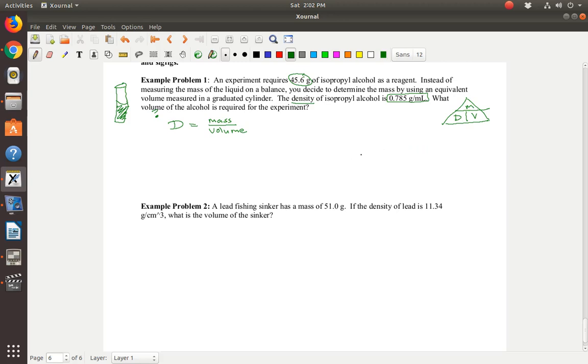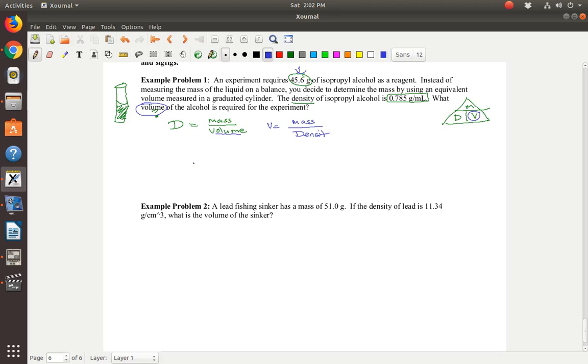Okay? So in this case, what is the question? The question is volume. So I'm really going to solve for the denominator in this case. So I'm solving for volume. So what do I have left? Mass divided by density. So volume is equal to the mass divided by the density. And I could solve it two ways. So let's put in what I know. The mass that I need is this,